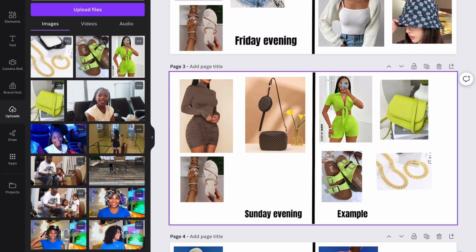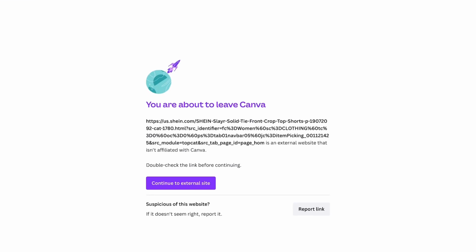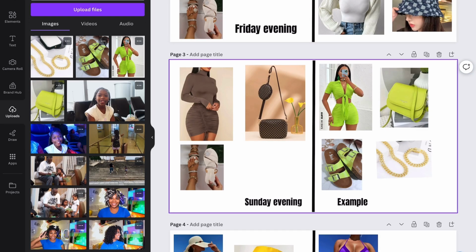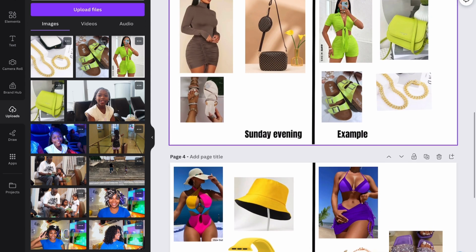Everything is also linked as well. So if I expand this, I can again click on the 2-piece set. It's going to ask me if I want to leave Canva. I say yes, and then it pops up right here. And it's just good to have as a reference if you want to go back to the direct link that you were looking at. And that is exactly how I created a mood board of all of my outfits